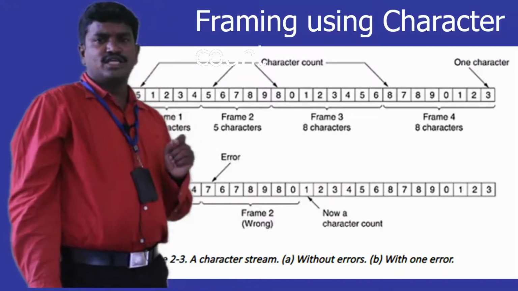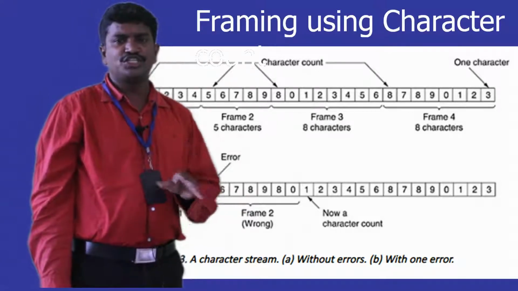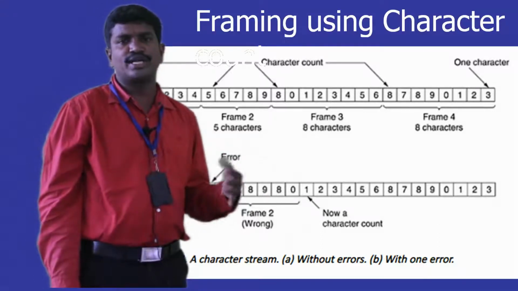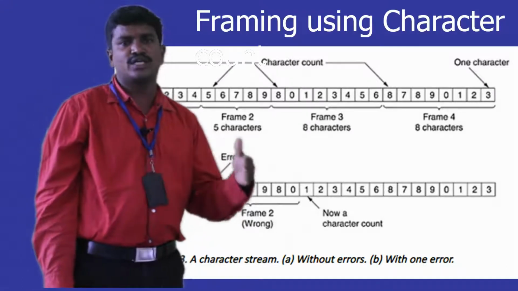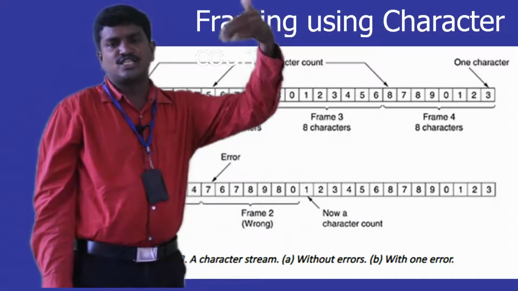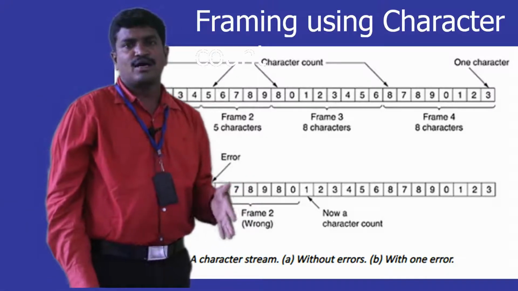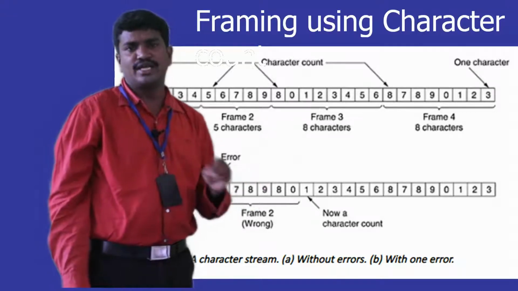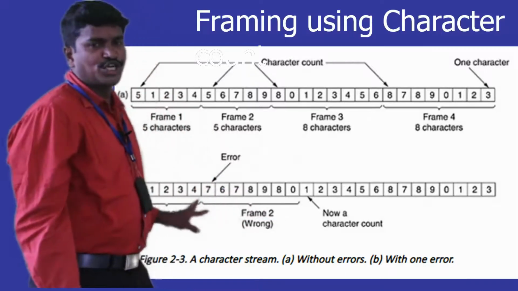Likewise, a small mistake in the character count will make the entire data transfer unsuccessful. So we are not going to get the original data back, because once you successfully receive the frames, you need to know what is starting and what is ending, only then is it possible to send it back to the network layer, the transport layer and the application. Likewise, that data will go properly. If frames are not properly received at the receiver end, then everything goes into the air. It is a waste of time, because the interpretation itself is wrong because of such errors.